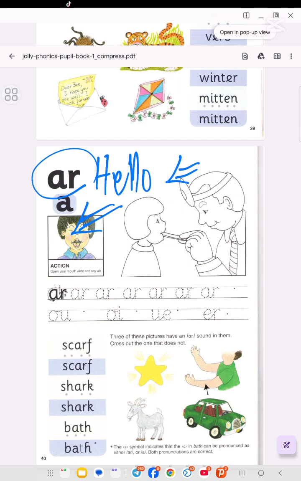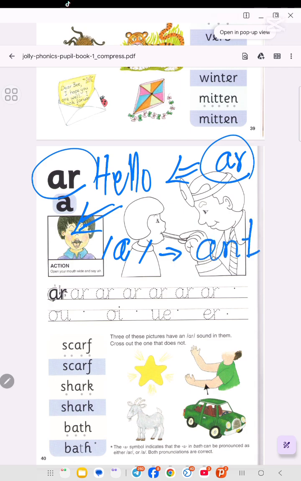So today let's learn the AR sound. What is the AR sound in phonics? Firstly, you need to know about the vowel A sound. A makes the sound ah, like in apple. Okay, firstly, R makes the sound